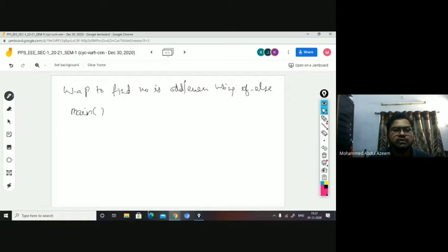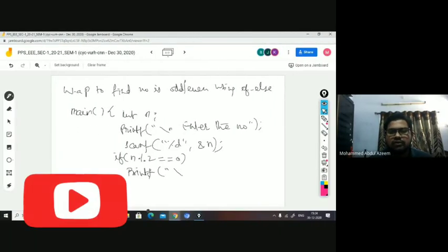First you write the main, and declare the variables: a number, let us say n, and then to hold the remainder r, or else I can just take n, that's it. The number is even, right?